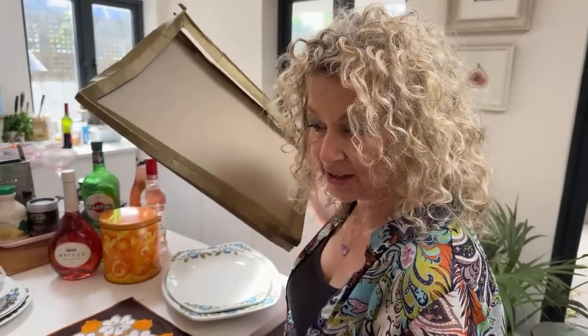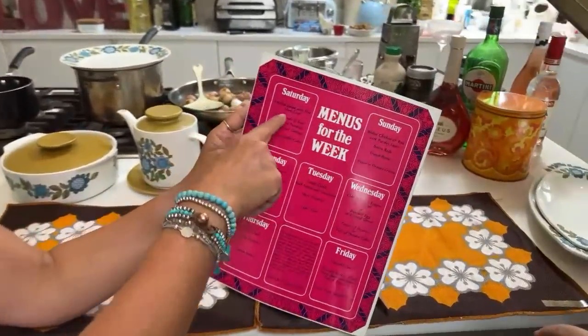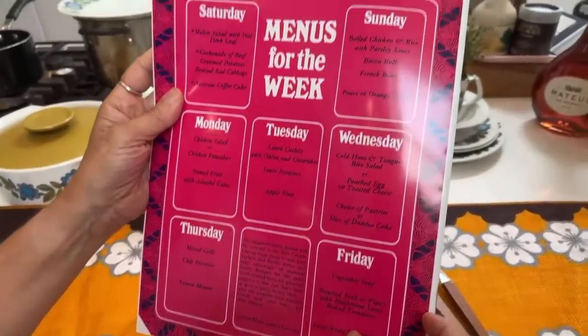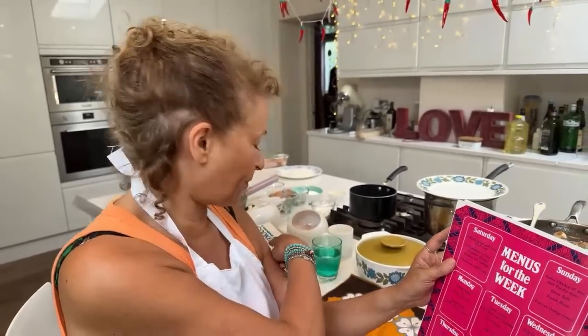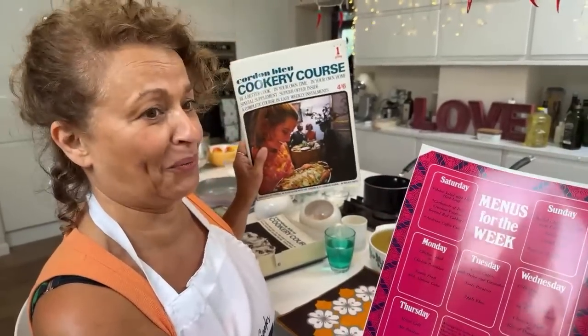Yeah. 4 shillings and 6 pence. Right, and so these used to come out every week, menus for the week. It's Saturday. What would we have had today? Melon, salad with hot herb loaf, carbonated beef. Oh, I'm making a hot herb loaf. That's so weird, because how many books are there? Yeah, 72. And I just happened to pick the one with the...